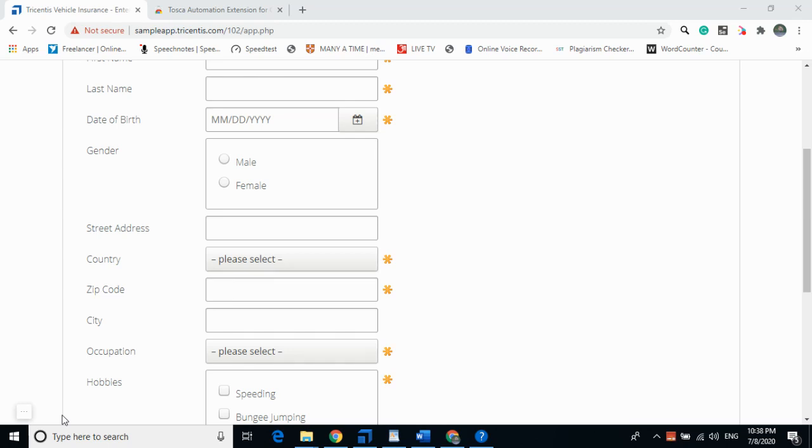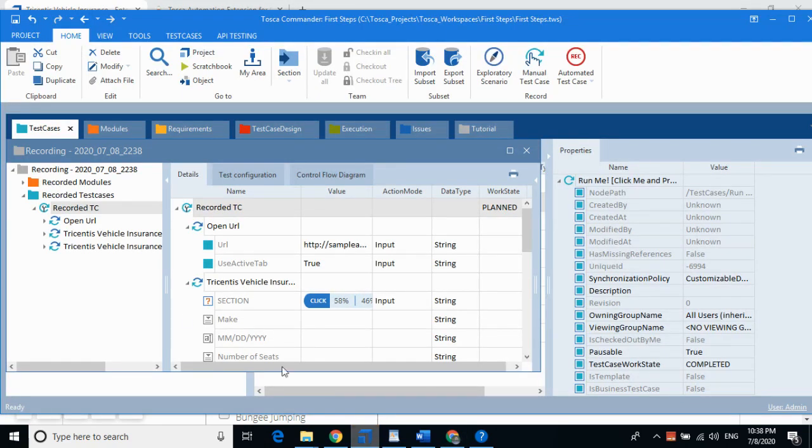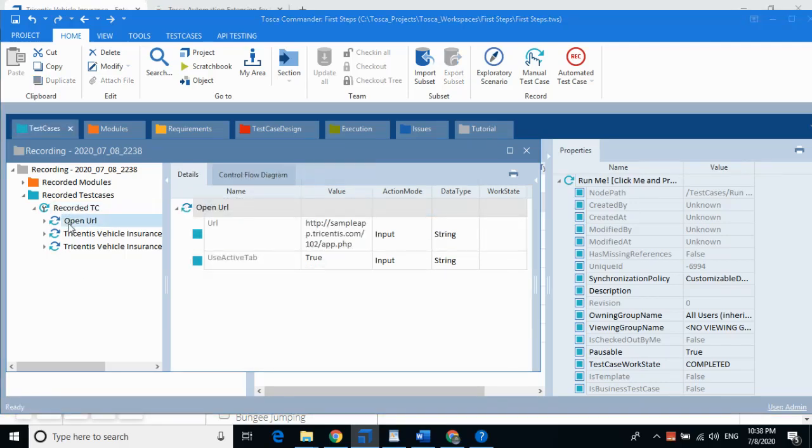I am clicking on save. Now what will happen? The script will be recorded here. You can see this is the recorded test case, which I have recorded just now.